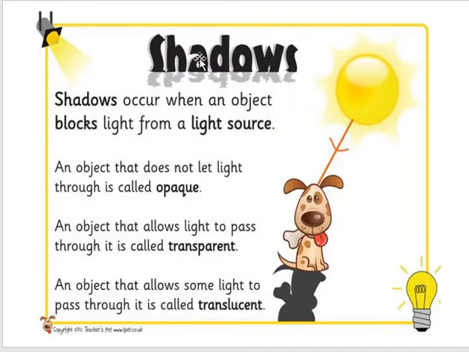Now, let's look at this. This is how shadows are formed. This is the source of light. This is the sun. And this is an opaque material. This is an object. Light can't pass through this because it is opaque. Light cannot pass through it. And because of that, this object is blocking the light, giving rise to a shadow being formed. Don't forget, we have a source of light, we have an opaque material or an object, and now you have a shadow.